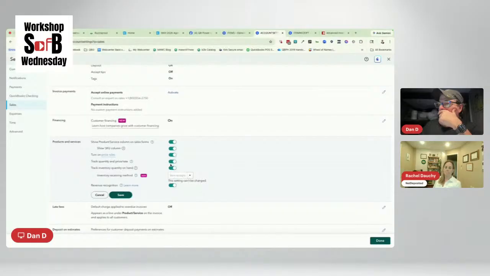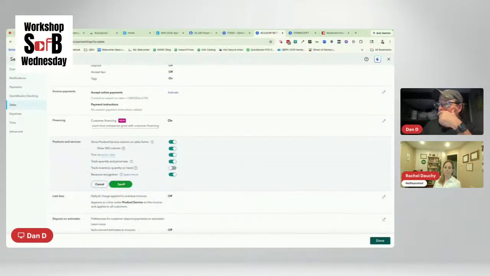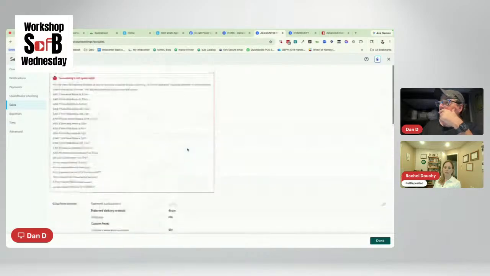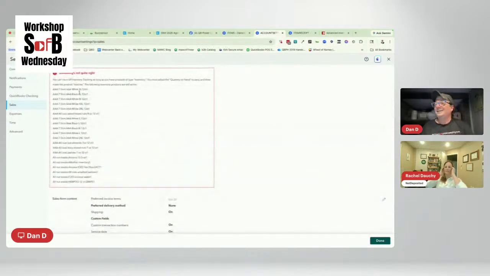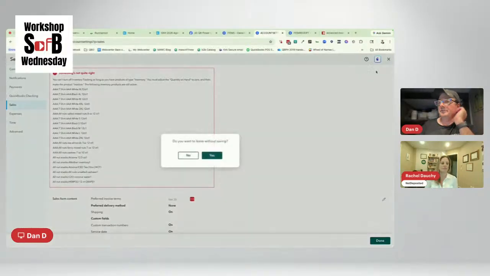So if I turn that off, it'll allow me to save it. Oh, yeah. Something's not quite right. I have learned enough from you to tell you, no, those have got to be zero. So they must be zero before you inactivate them. So you have to zero out your inventory, which is another feature of being able to do physical counts now